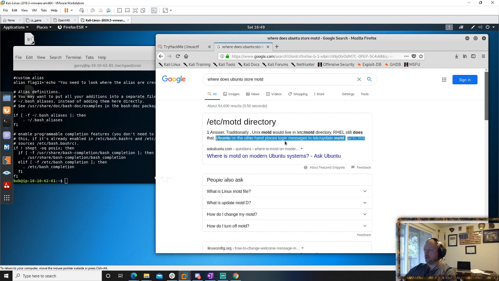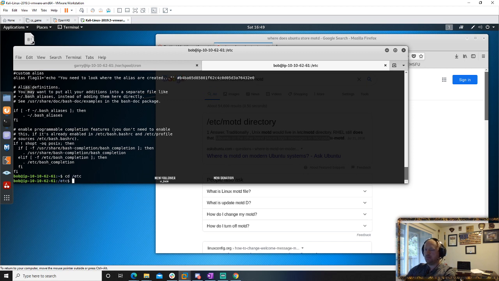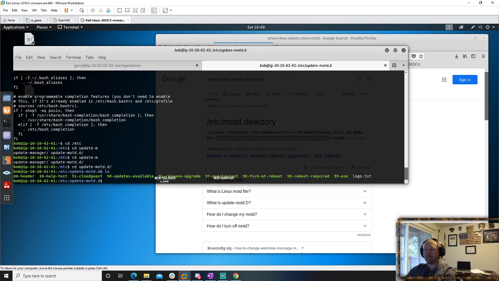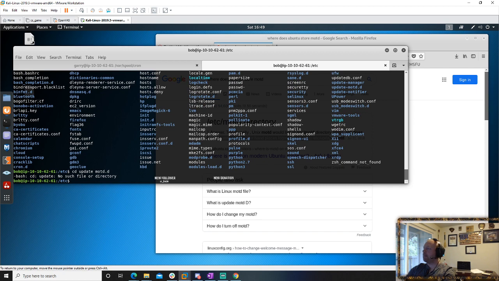Oh, Ubuntu on the other end places login messages in /etc/update-motd.d.